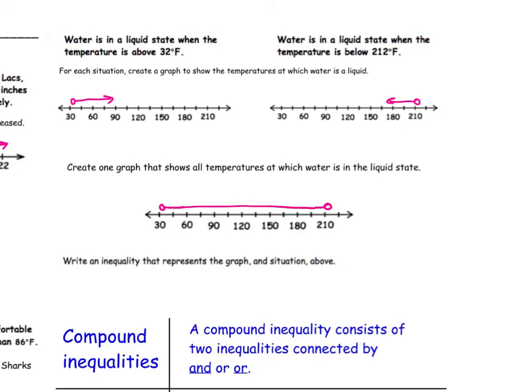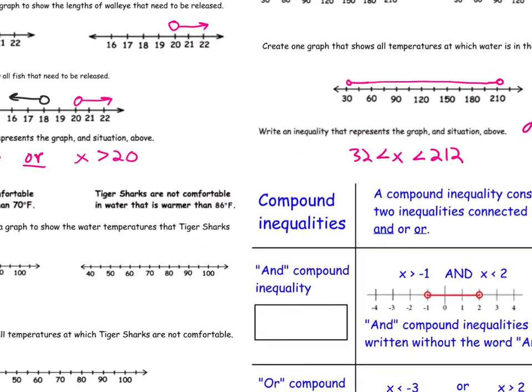So this is what's called an AND compound inequality. X has to be greater than 32, but it also has to be less than 212. Both of these conditions need to be true. Because if I have 230, well, 230 is greater than 32, but water would not be in a liquid state. It would actually be in a vapor. So it needs to be between 32 and 212. It's an AND statement. Both pieces have to be true. So I'm going to skip the third one here